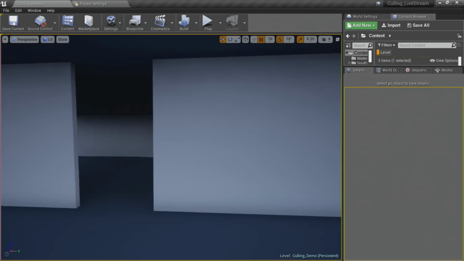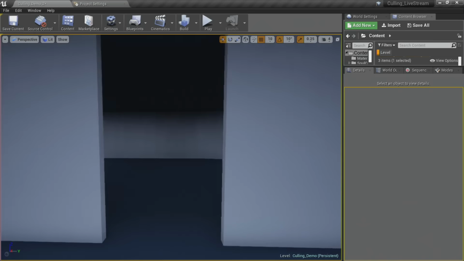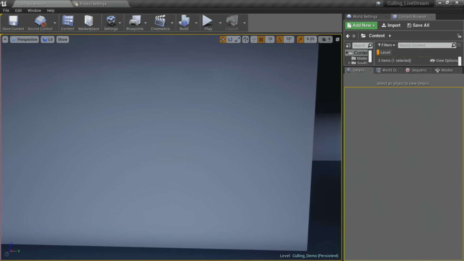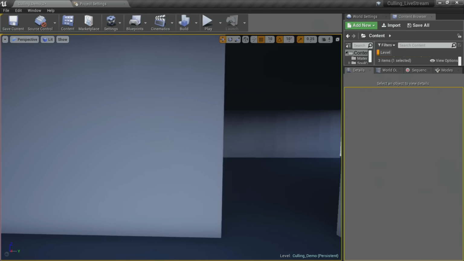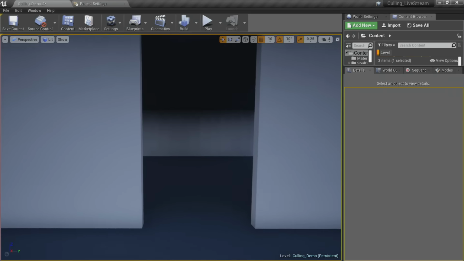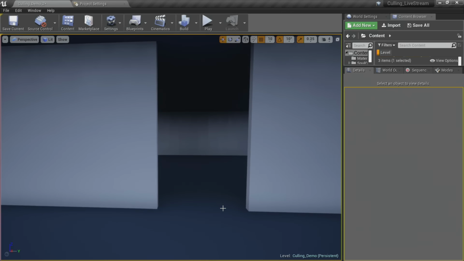So while we can still get some of that pop, you'll notice I'm moving faster this time, but it's fewer meshes that are popping in, because we're being more conservative about not checking every single one as often.